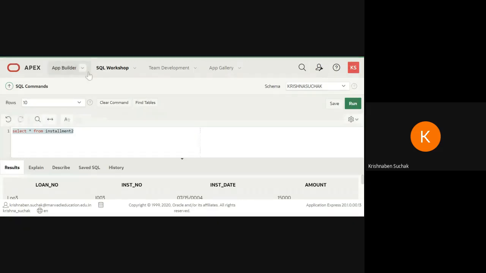So what I will write here: delete from table name, that is installment 2, where loan number equals to L003. Okay, then I will go to run.